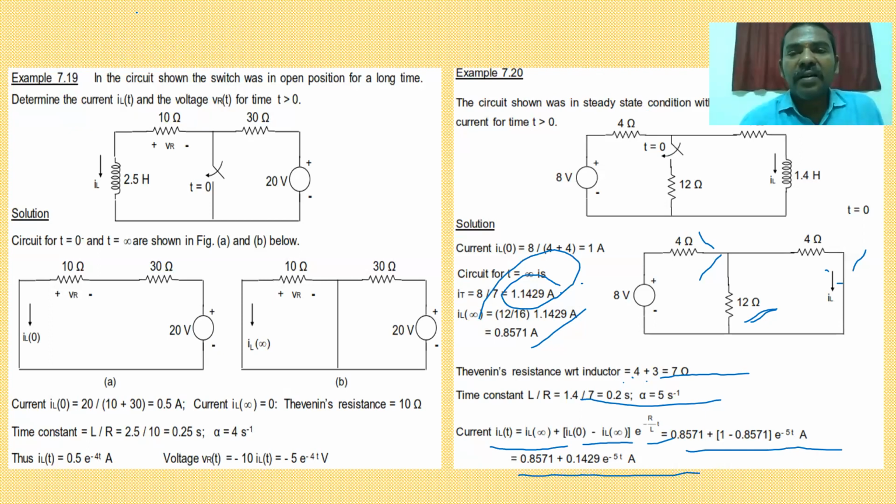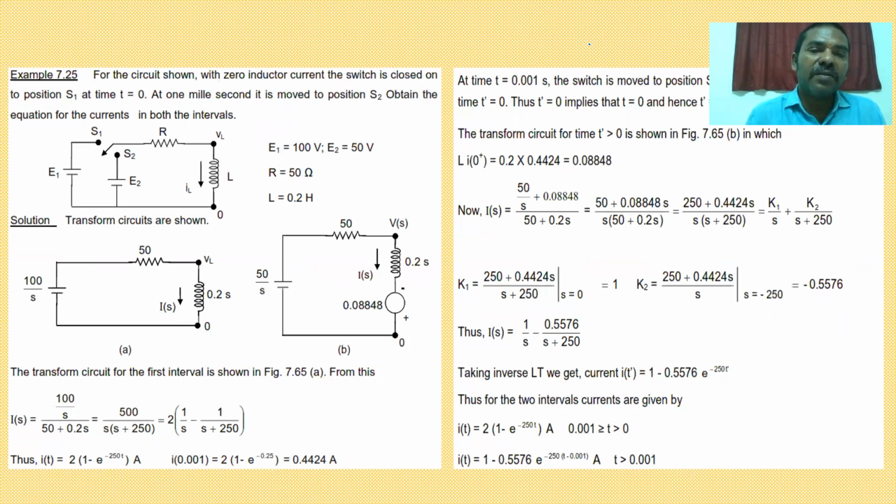So all these are in terms of time domain analysis. So now we are going for Laplace analysis. With the Laplace transform, we are going for the calculation of transient behavior of the circuits. So now come to the example. Initially an RL circuit is excited by two sources E1 and E2 with two switches S1 and S2. The inductor has no initial current. So they are given in the problem.